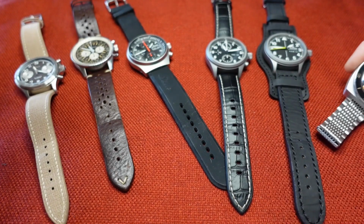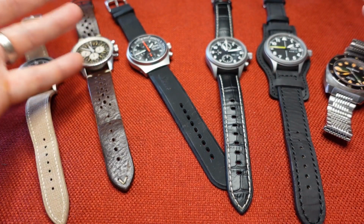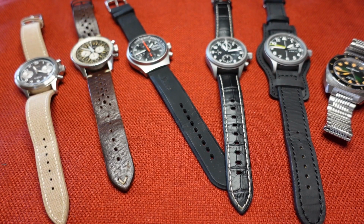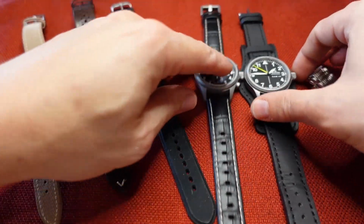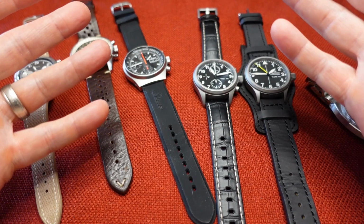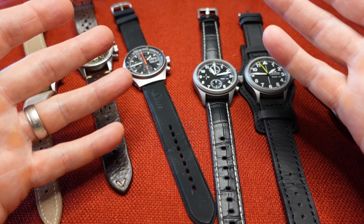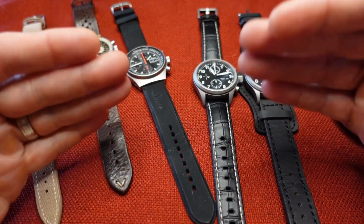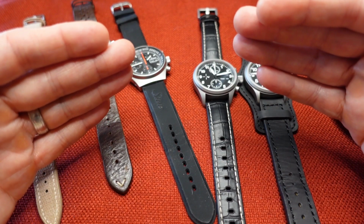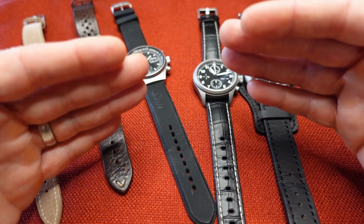And Mrs. Legs has a Sinn 856. That's her watch. So we do have 4 Sinn in the house, along with the 2 Damasko now and the Heinrich. And look, down the road, what I'm looking for is to maybe add more dressier pieces, maybe move up the luxury scale. I'm targeting